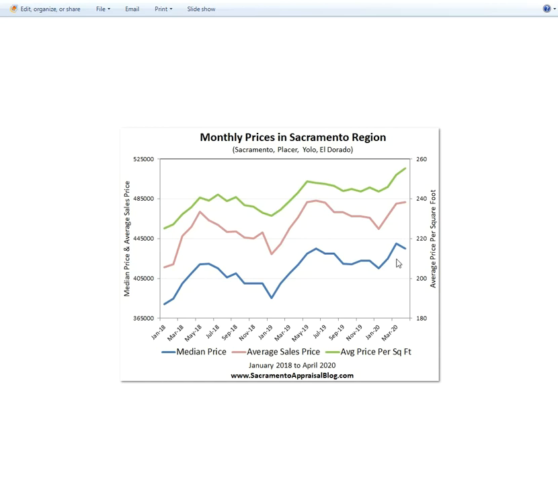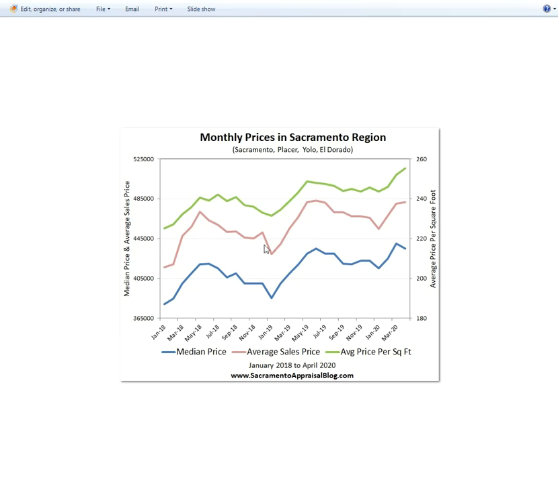But number two, what I like is that it shows three different price metrics. And so on this graph, I think sometimes in real estate, we fixate on the median price or whatever sort of our pet metric is without realizing, well, what are all the metrics doing? And so when we pay attention to everything, we tend to get a very balanced view of the market, especially,